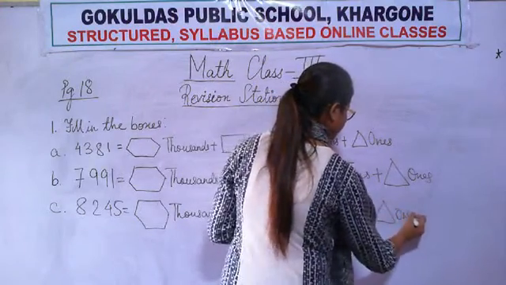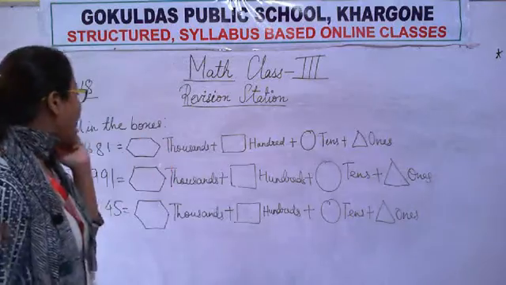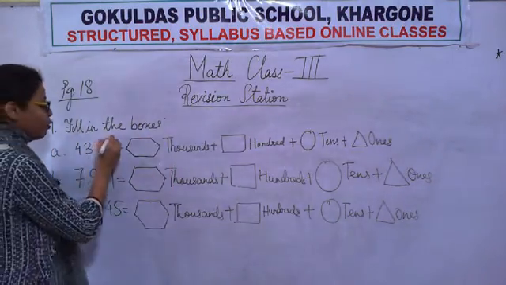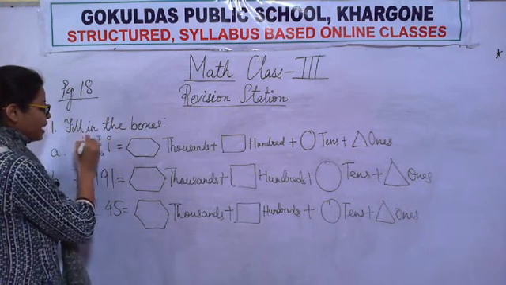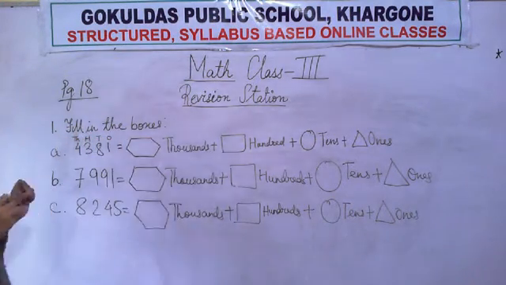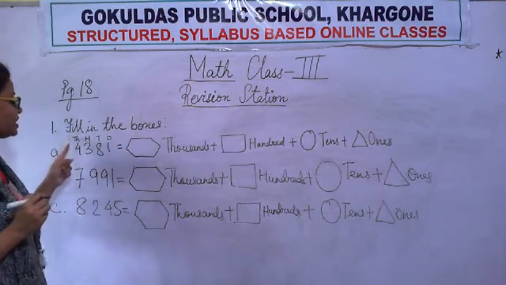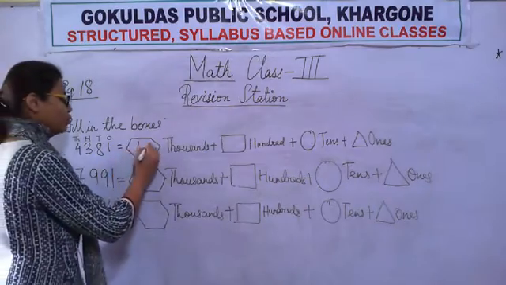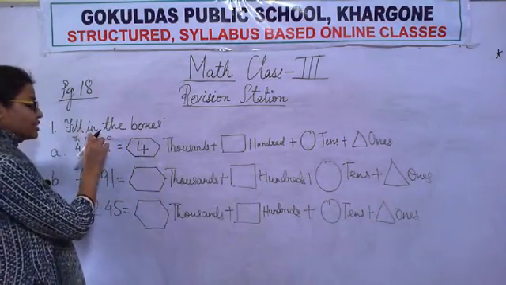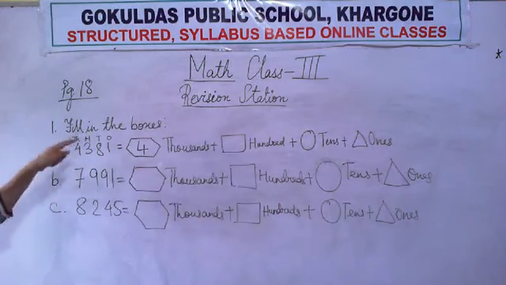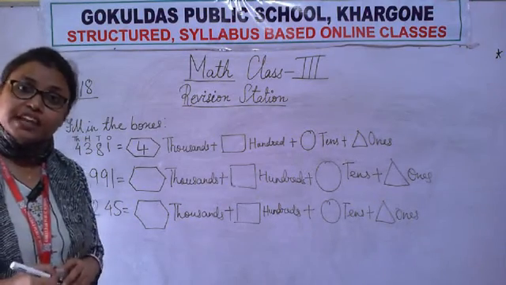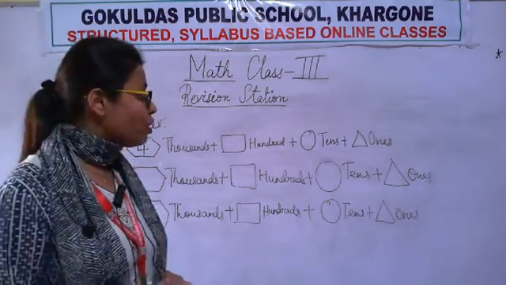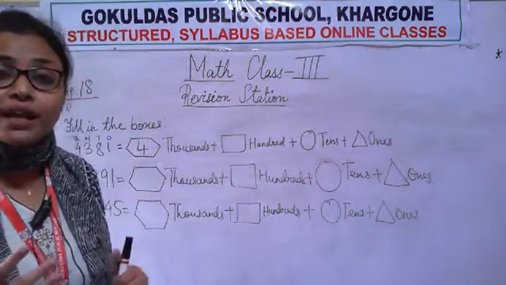Okay, we have completed. So we will write how many thousands. You know what we need to do. We need to write ones, tens, hundreds, thousands. Like this we do. So in the place of thousand, th means thousand. What will we write? We will write 4. Very good. And if we don't write ones, tens, hundreds, thousands on top of the number, then we will not be able to understand where the number is sitting. I told you how to find the place value. To find the place value, we need to know where the number is sitting.